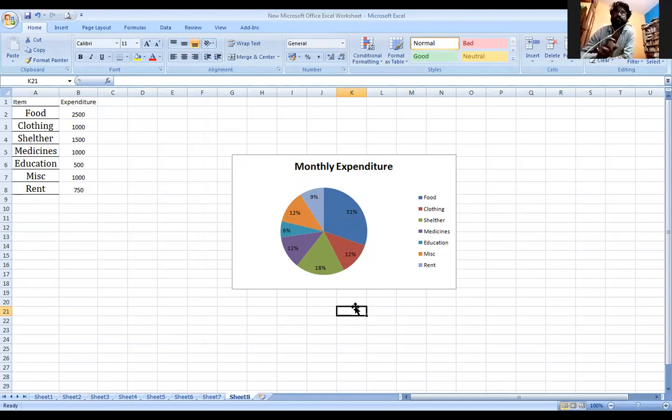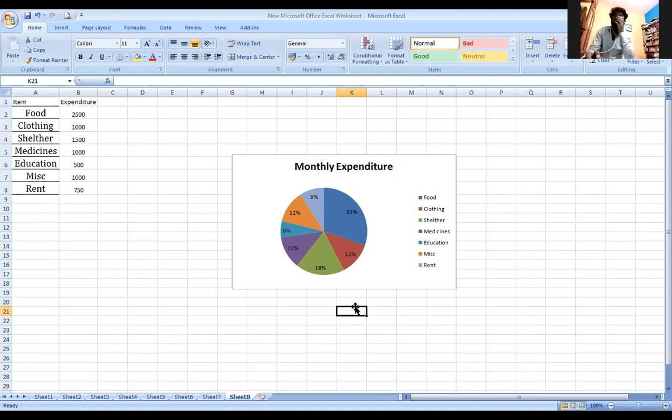In the earlier versions of MS Office, you needed to go through step 1, step 2, step 3, step 4. But when you are using 2007 or 2010 or 2016, directly you will get the templates over there. Directly select the template, and you can insert the chart directly. In earlier versions, in step 1, they asked you to select the data. In the second step, they asked you to select the chart type. And in step 3, what data labels you want to insert and all these things, then give the title, then only the chart would be displayed.